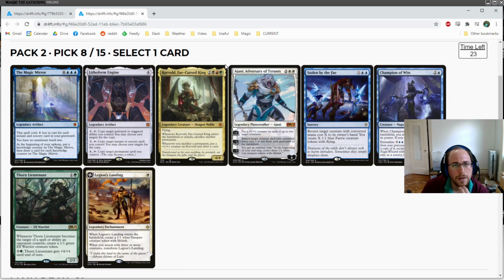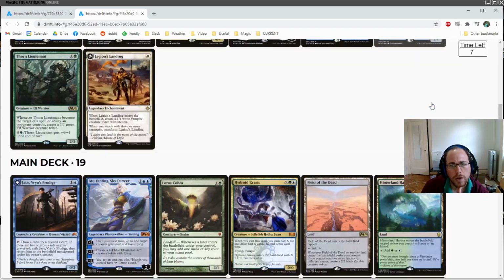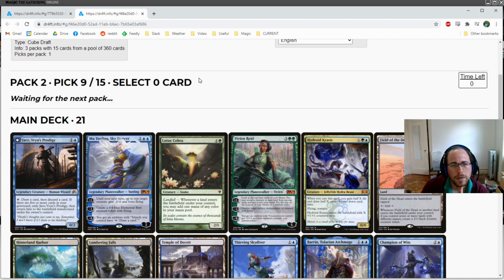Oh, baby. I like some of these cards. I don't think this card is very playable, but I'm very excited to see if it is. So they're Stolen by the Fae, but we've got a lot of expensive stuff. I'm going to take Champion of Wits. We don't have much card draw, and it's just an early speed bump that gives us something to do later on. Okay, I wasn't planning on wheeling Vivien Reid, but somebody was...